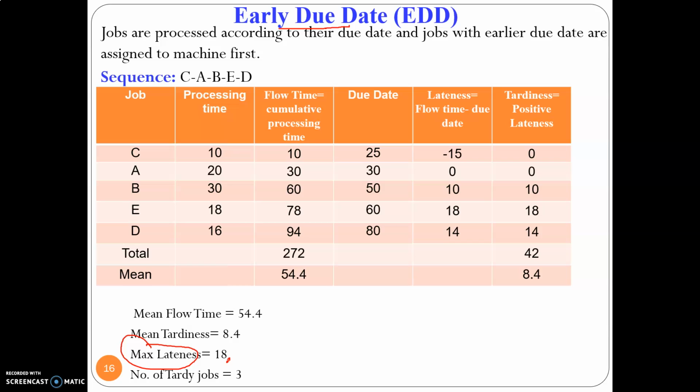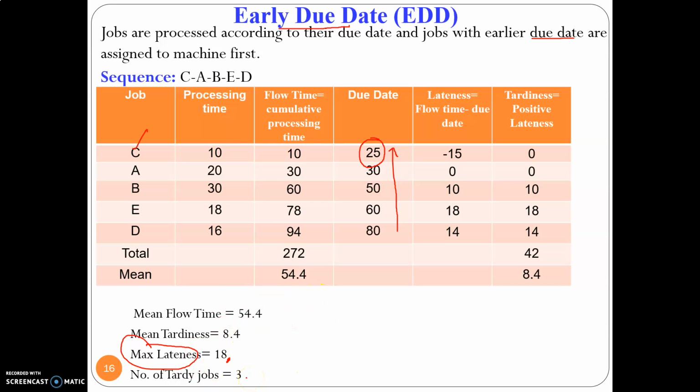In case of shortest processing time rule, the mean flow time will be minimized. Okay. So here the jobs will be fed in the increasing order of the due date. You see the jobs are arranged in the increasing order of the due date. So the job with the least due date is given first priority because job C has to be submitted to the customer at the end of 25th day. So job C will be first machined. Okay. So I am arranging in that particular order. Then I am finding out the flow time, lateness, tardiness, and determining the performance measure.